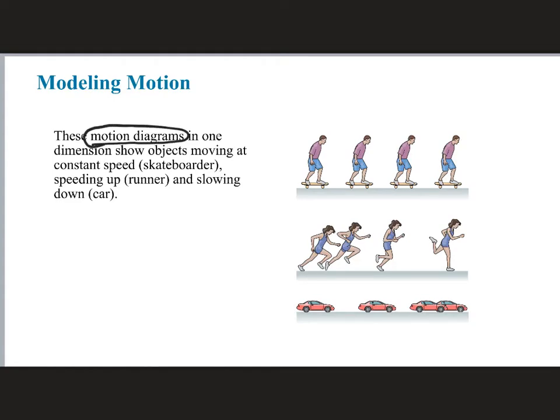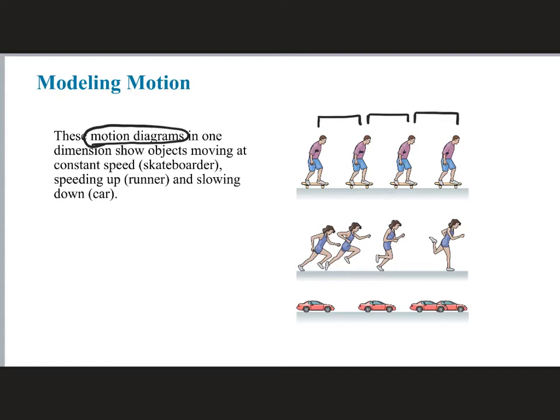Now, a motion diagram is exactly what it sounds like. It shows an object and its motion over some period of time. And the important thing about a motion diagram is that it shows the object at equal time intervals. So in the first case of the skateboarder, you could see it's moving the same distance in each time interval. That's an example of an object moving at a constant speed, and you can tell that right away from the